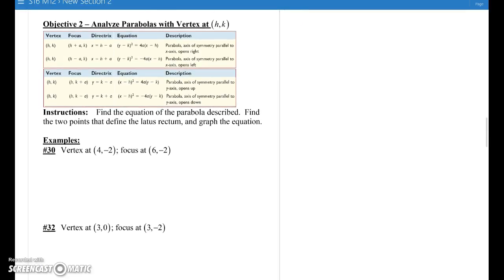So now we're going to let the vertex move to the point h, k. What I want you to notice here is that it's always minus. So it's y minus k and x minus h. With x minus h, you're going to move the parabola h units right if you have a minus in there. And now if you have y minus k, you're going to move k units up if you have a minus